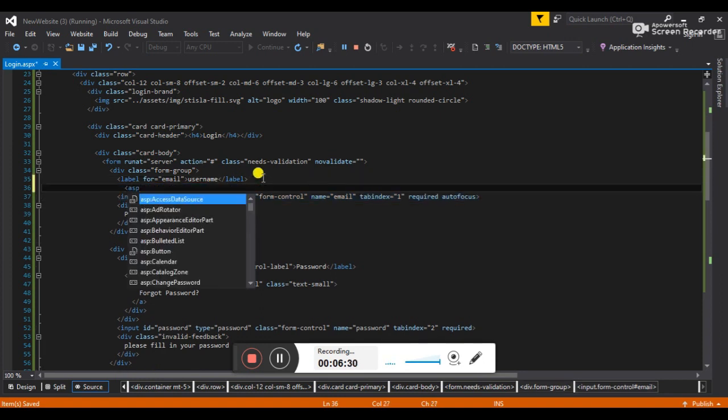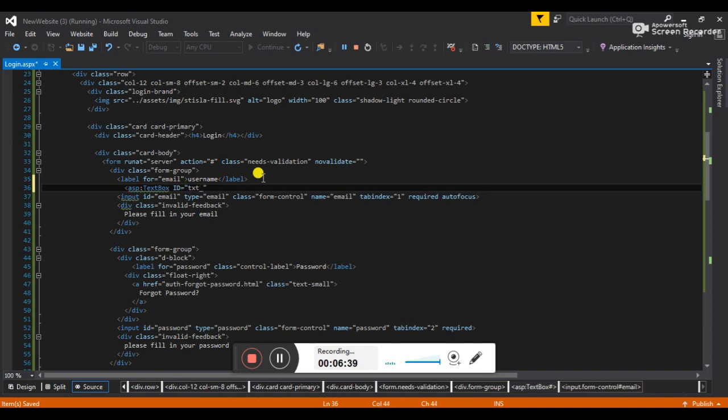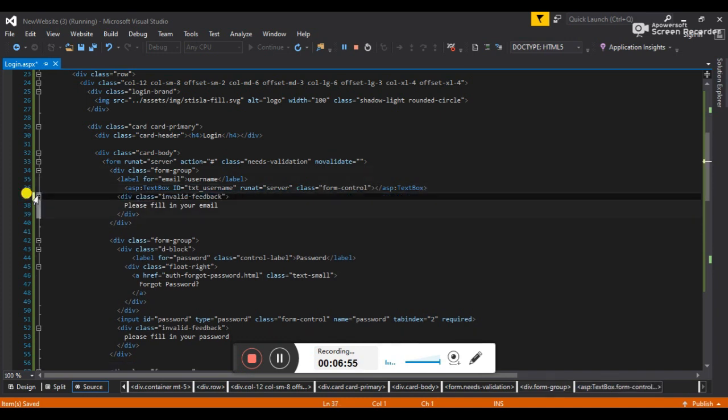We want the ASP text box here. So the text box ID equals txtUsername runat equals server, close, and then we will copy this class and put it here, so it will look exactly like the input text.